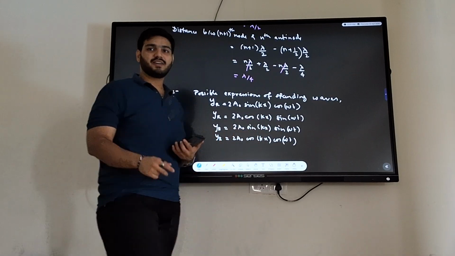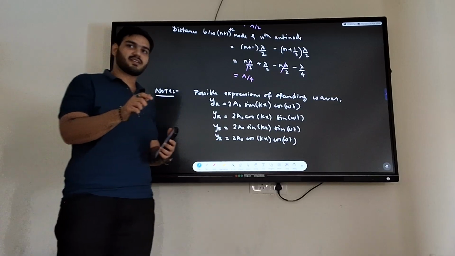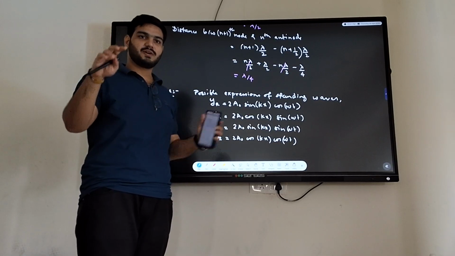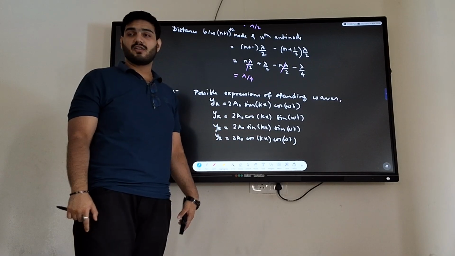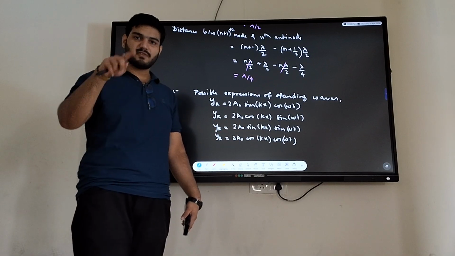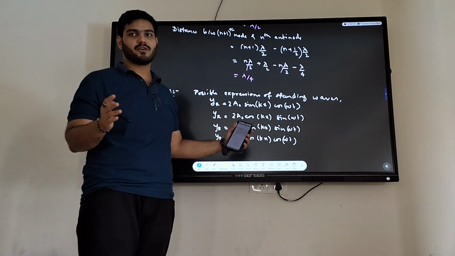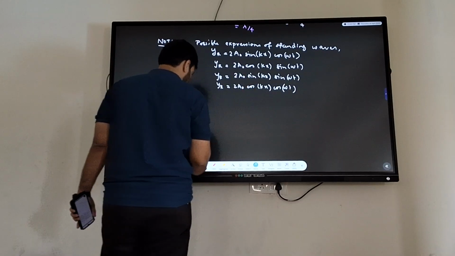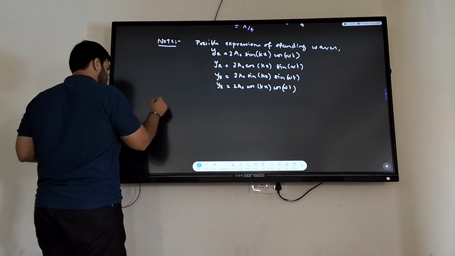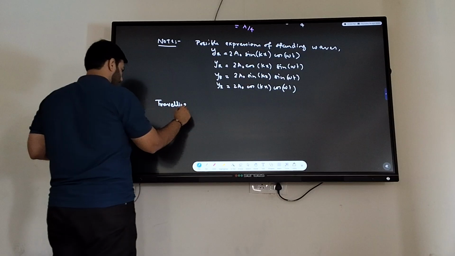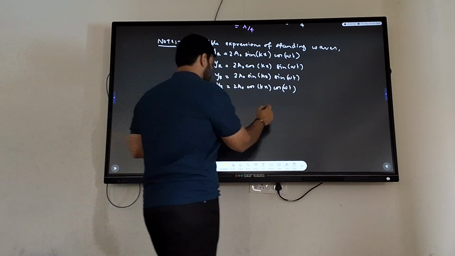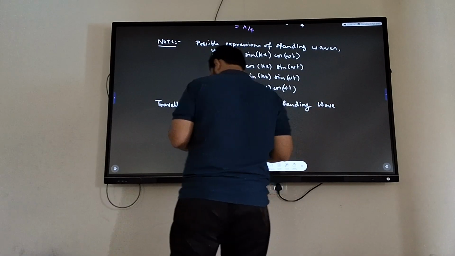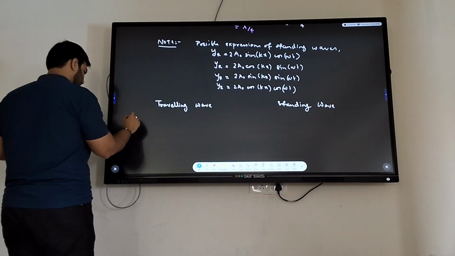I talked about some points already: traveling waves have a constant maximum possible amplitude, the same for everyone, but here you have a function of x. Also I said that all the particles in a traveling wave oscillate. Here some particles do not move at all, the nodes. And then there are some other differences. So let's write all of them. Traveling wave, standing wave. And the first point is